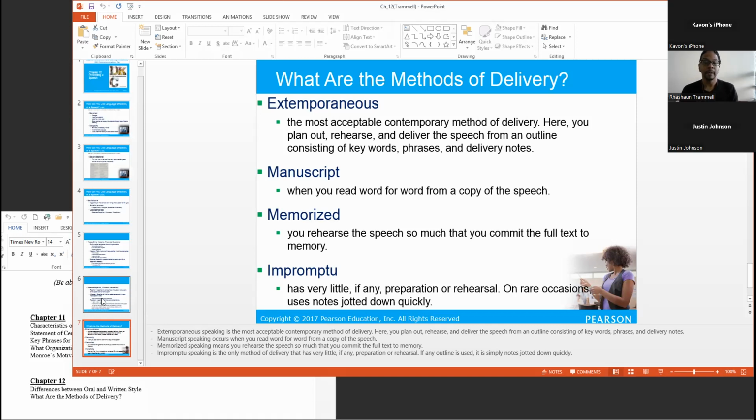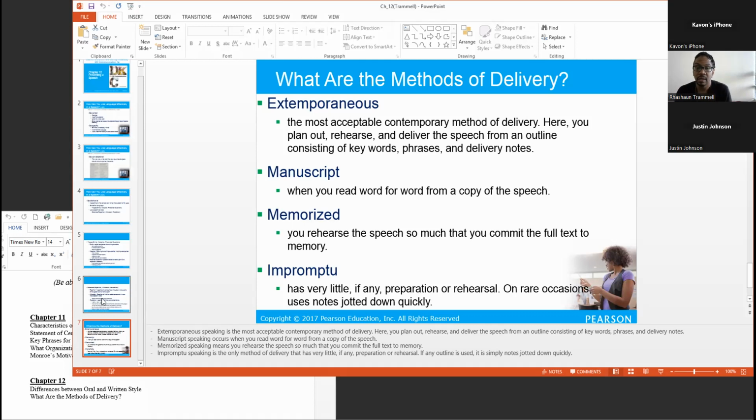For memorized, this is one where you've got the whole speech memorized, so you may think, oh, I've got it memorized, I'm not going to be looking down. But you spend so much mental effort trying to say it word for word, and if you forget one thought or one specific segment, it may be even more difficult to recover and complete delivering that speech. And impromptu, for this one,